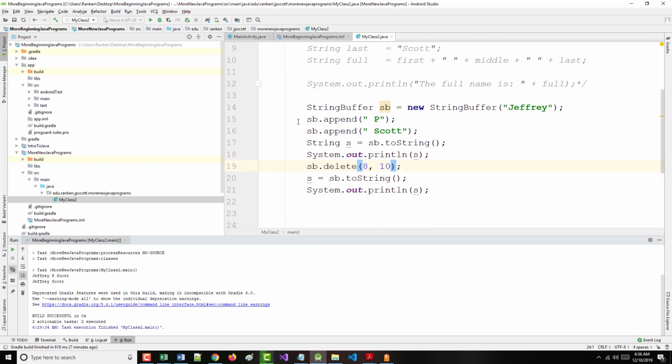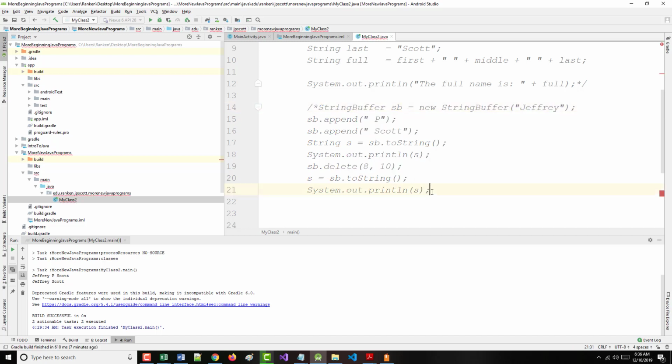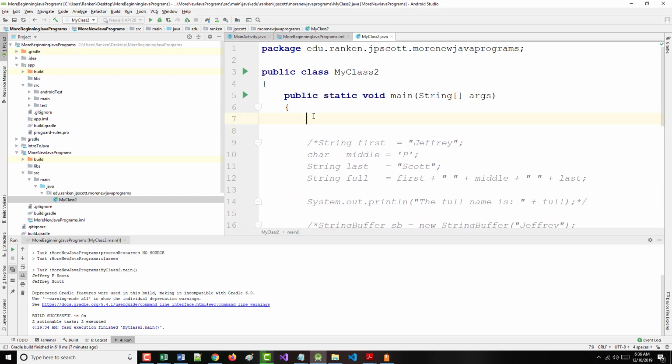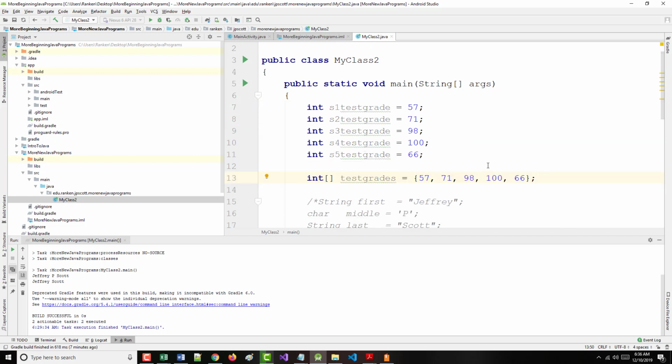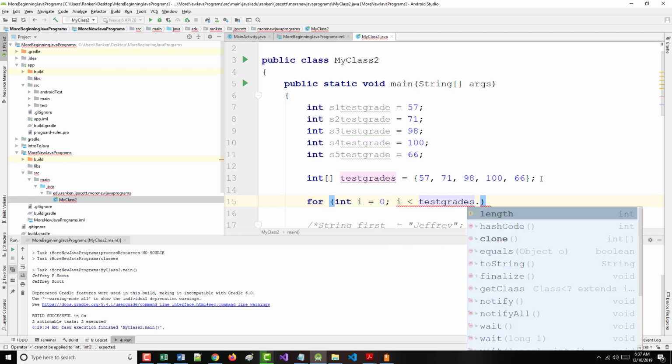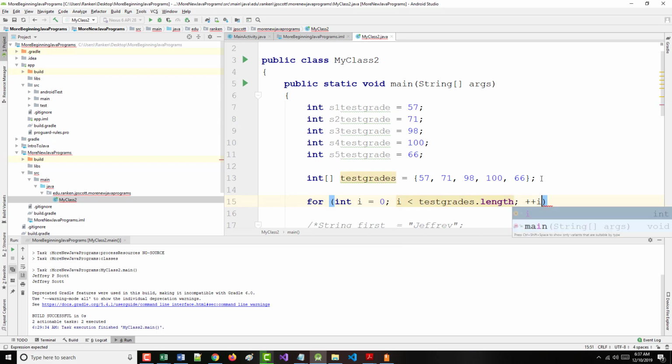So again, I'm going to take all this stuff that I've been working with in here, and I'm going to comment it out. And let's plop our new stuff right there. You'll notice I'm not getting any errors. It's totally fine. I'm getting these green underlines because I've got this where I'm not using it. But what I can do now is I can come in with the array and I can say for int i equals 0, i less than test grades dot length, plus plus i,